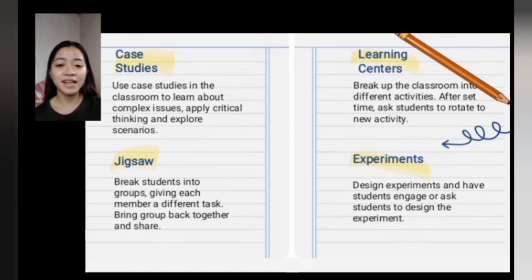Then the next learner-centered instructional strategy is the experiment. So design experiments and have students engage, or ask students to design the experiment. So classroom experiments keep learners active in a number of ways depending on the nature of the particular experiment. So